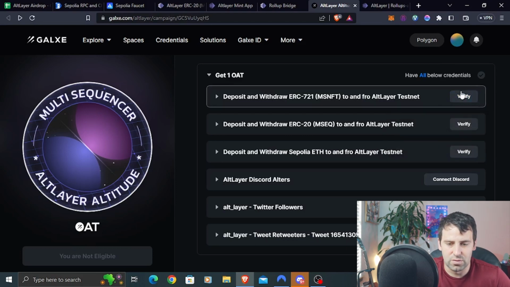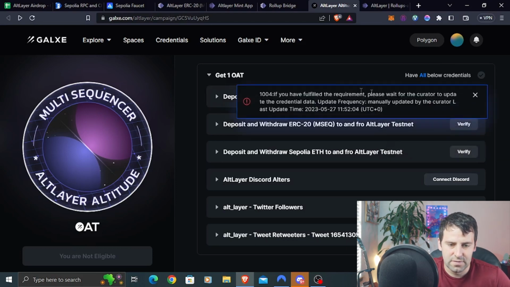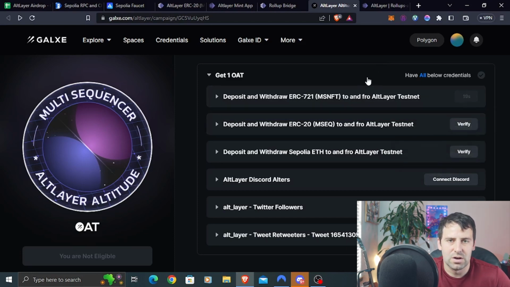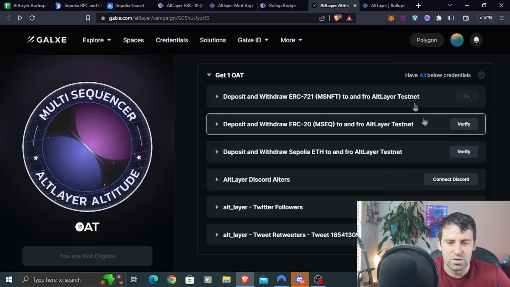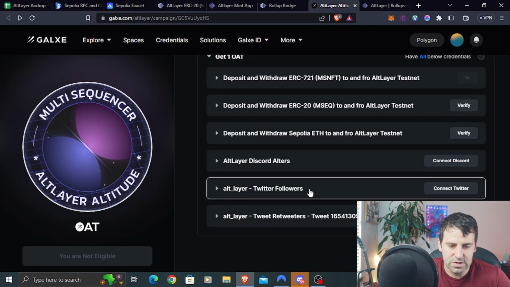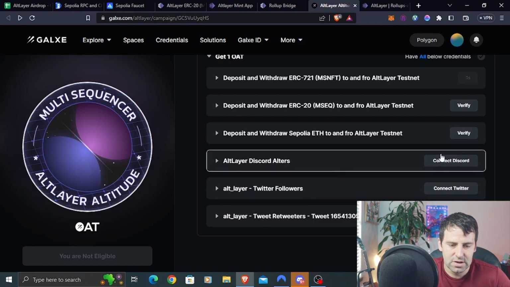a go. So if you click right now, verify, it's going to say, if you have fulfilled the requirement, please wait for the curator to update the credential data. So I suggest before you click verify, you can wait 24 hours. I think within 24 hours, you should be good, and you can just check back and click verify. So you have to wait for this task. Now the next tasks are going to be Discord alerts, Twitter followers, and if you've done all of this, you